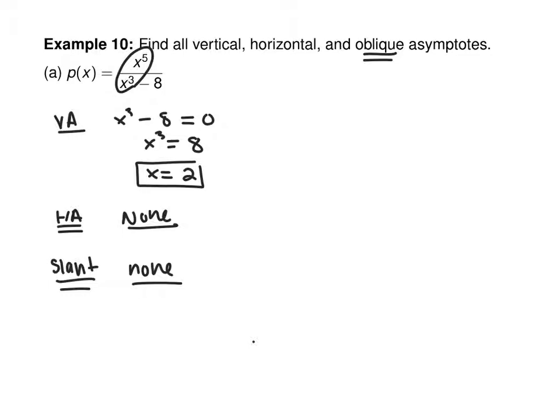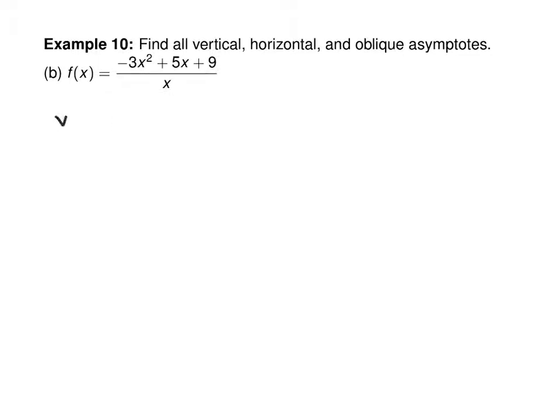Okay, how about this one? Is there a vertical asymptote? I think there is. A VA there is x equals 0. Right? Yeah. Okay. How about HA? Any horizontal asymptotes? Officially no, because the numerator's degree is more than the denominator's. Okay, for the slanty people,